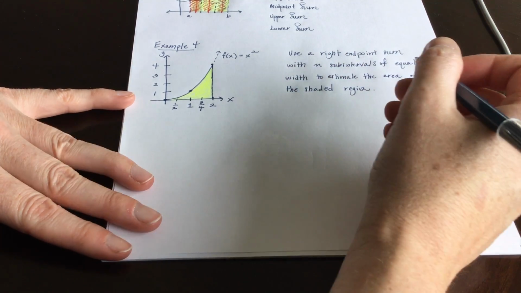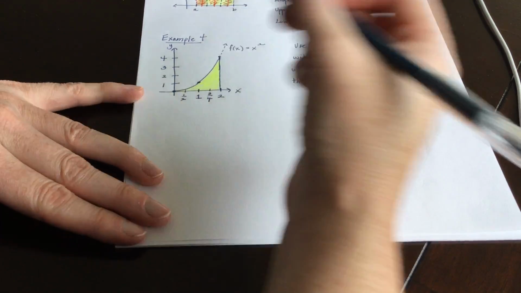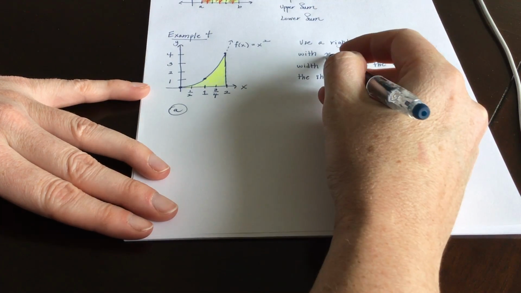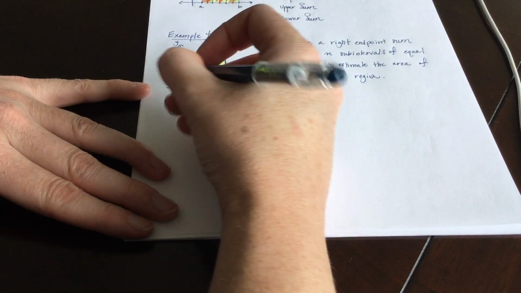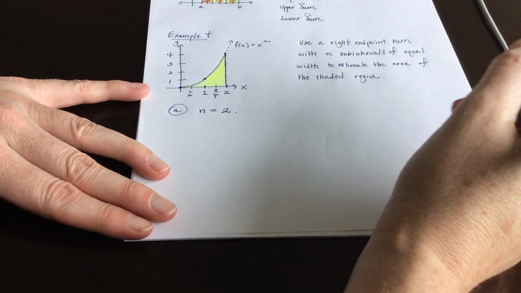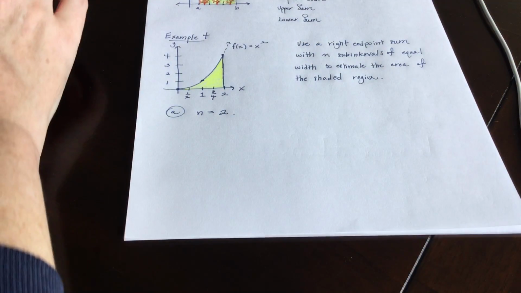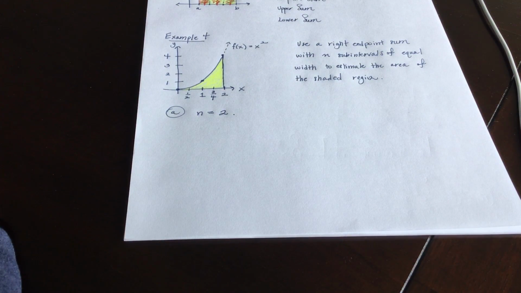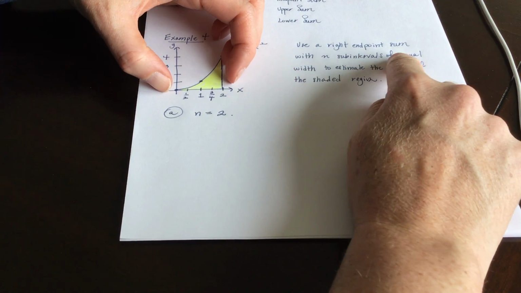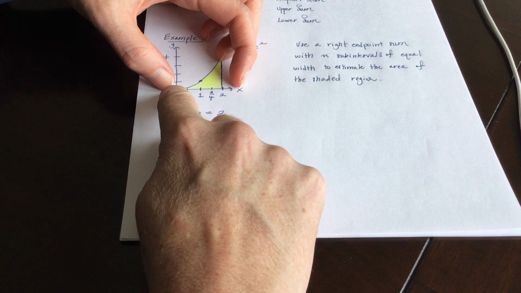Okay, so let's see, part A. It says n subintervals of equal width. So for A, we'll have n be 2. We'll keep the number low because this can get really tedious really quick. Okay, so if n is 2, then remember, subintervals of equal width, so your entire interval is just